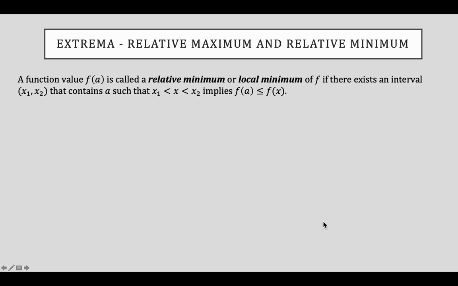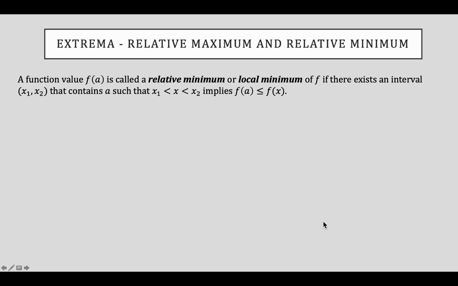Let's get a little bit extreme here. I'm talking about extreme values. And there are different types of extreme values that we are going to cover, starting off here with relative maximums and relative minimums. A function value, f of a, is called a relative minimum or local minimum of f if